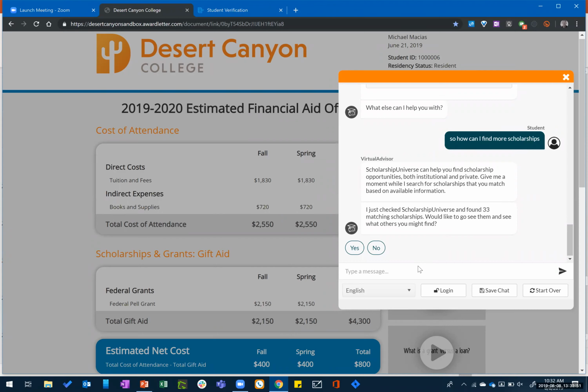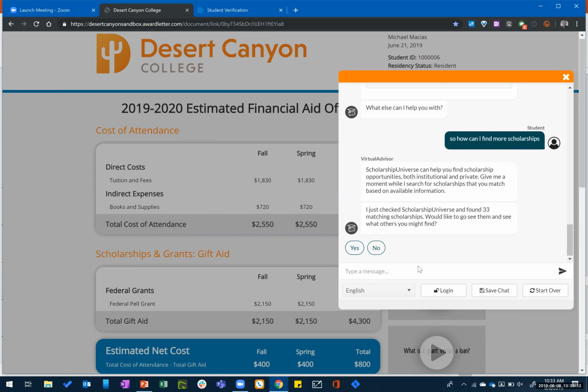But this bot is aware that Desert Canyon also uses the Campus Logic Scholarship Management Platform, which has an adaptive matching engine and matches students to opportunities. So it's running the engine here, and it's saying, you can go to Scholarship Universe and find scholarships, but let me basically just check it for you here.